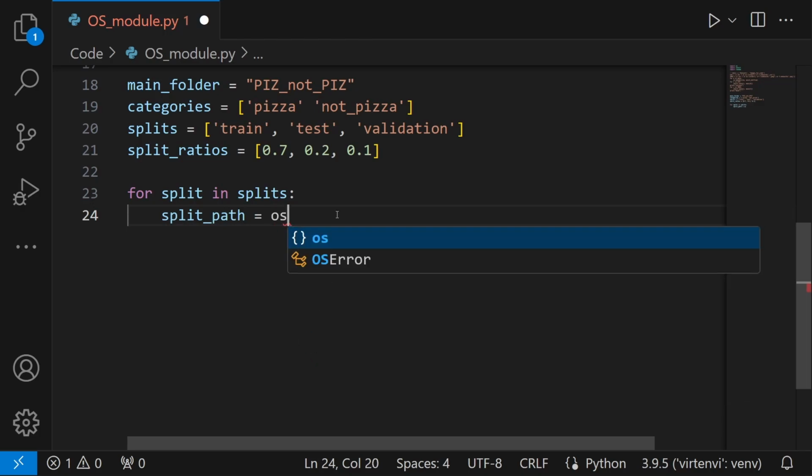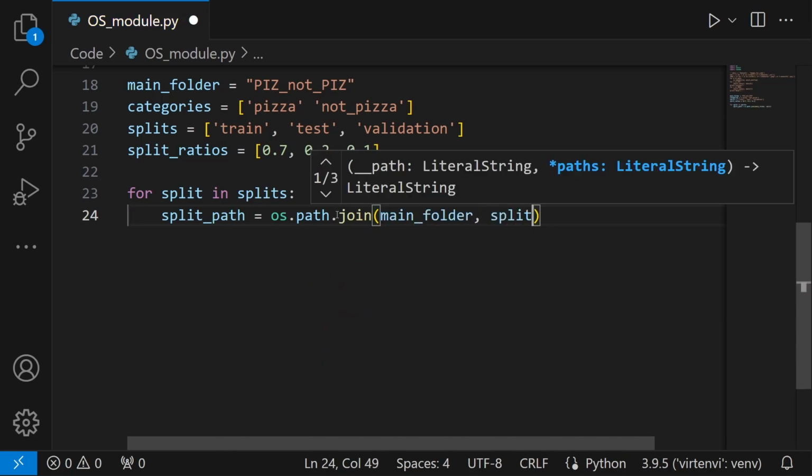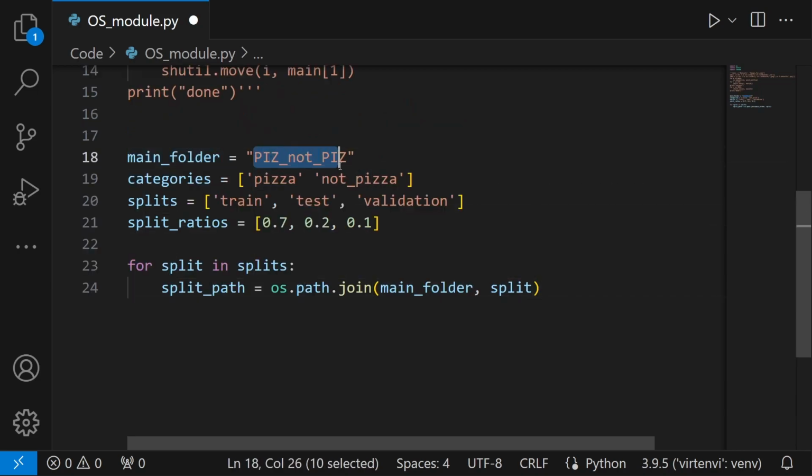I'm going to use this function, os.path.join, and then type in main folder, the split that we just created. What this does is it will create a path where the first initial one is going to be pizza, not pizza. Let me just show you that. Copy this and paste it over here. What actually happens is we will get a path like this, followed by a /,